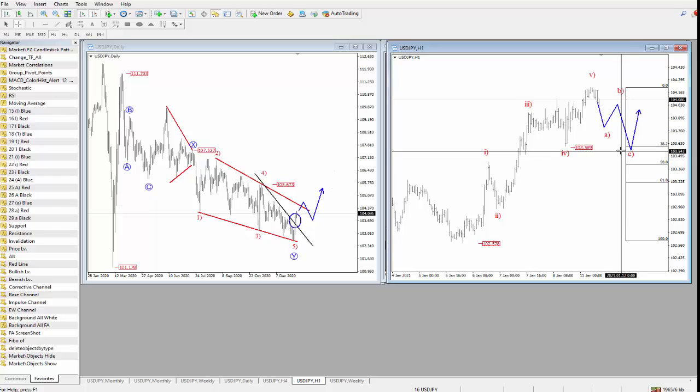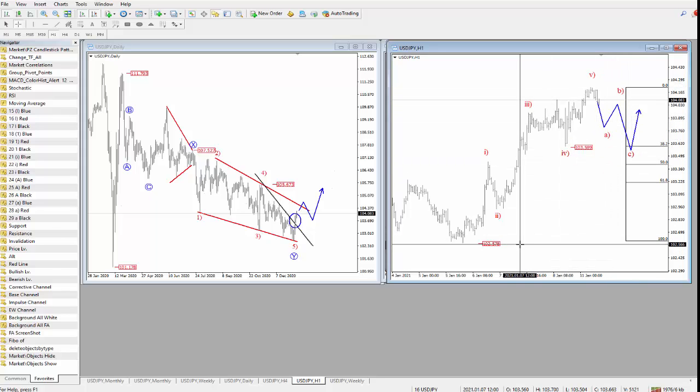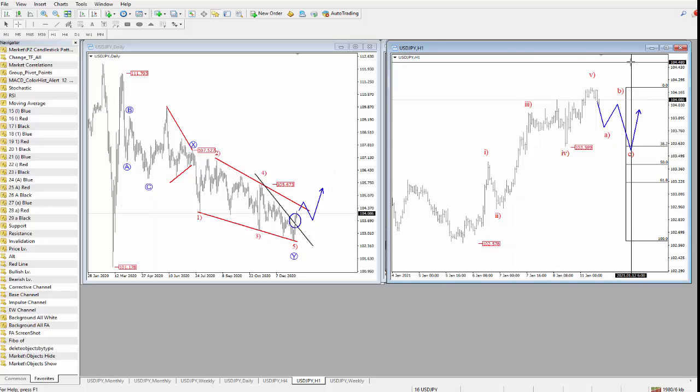So here the first support is at 103.58. Of course, if I want to be long dollar, firstly I want to see a three-wave structure. I will not just buy a very sharp drop, a very strong dip. I want to see the market act correctively here, meaning a slow three-wave structure, definitely not a five-wave drop. Invalidation level is at 102.57, so as long as this one holds, the trend is up, and the pullbacks could be opportunities